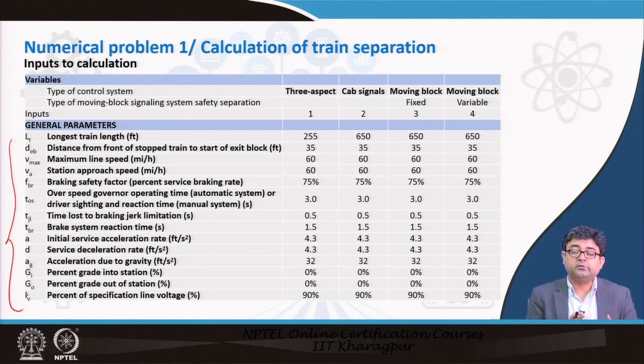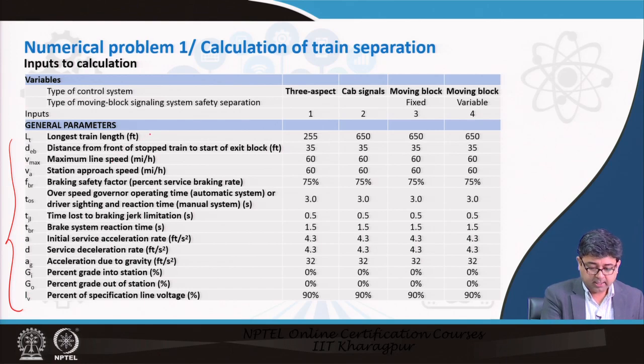Similarly, you already know the concept by which we are telling you how to calculate these. Given sets of parameters will be there, their default values will be there. All you need to do is take the empirical formula. You need to know which empirical formula to pick, which of the variables, which of the constant values to pick, and you have to insert them into the right formula in order to get the answer. So, understand all of these quickly.